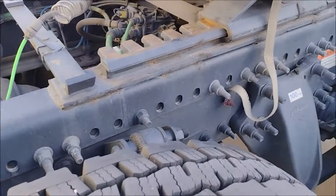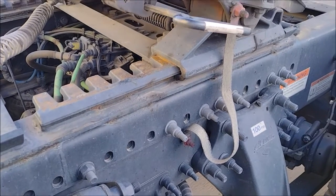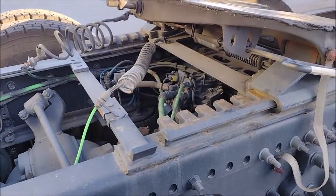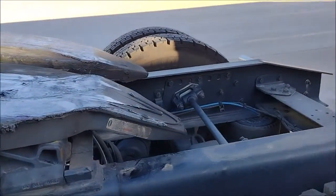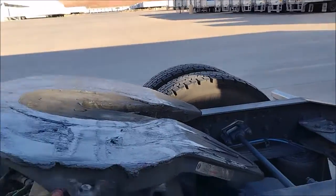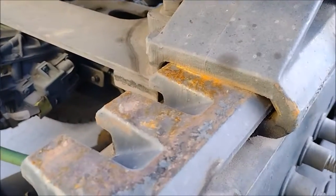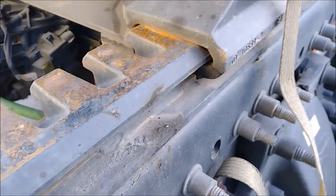Once you get into a sliding fifth wheel, you learn your lesson. You have to listen, you have to read the instructions of the manufacturer. And that is exactly the place where I got my fifth wheel jammed, because it has rust, as you see. That rust has to be removed by